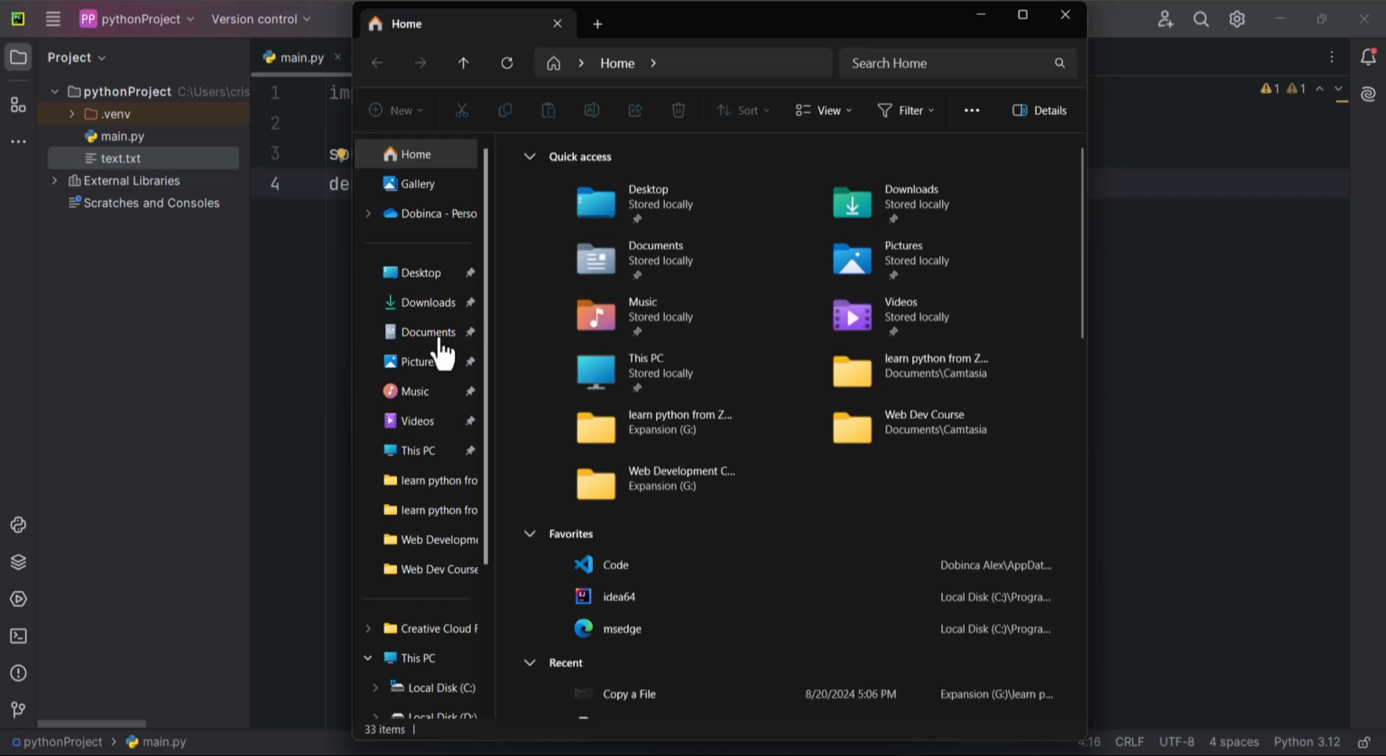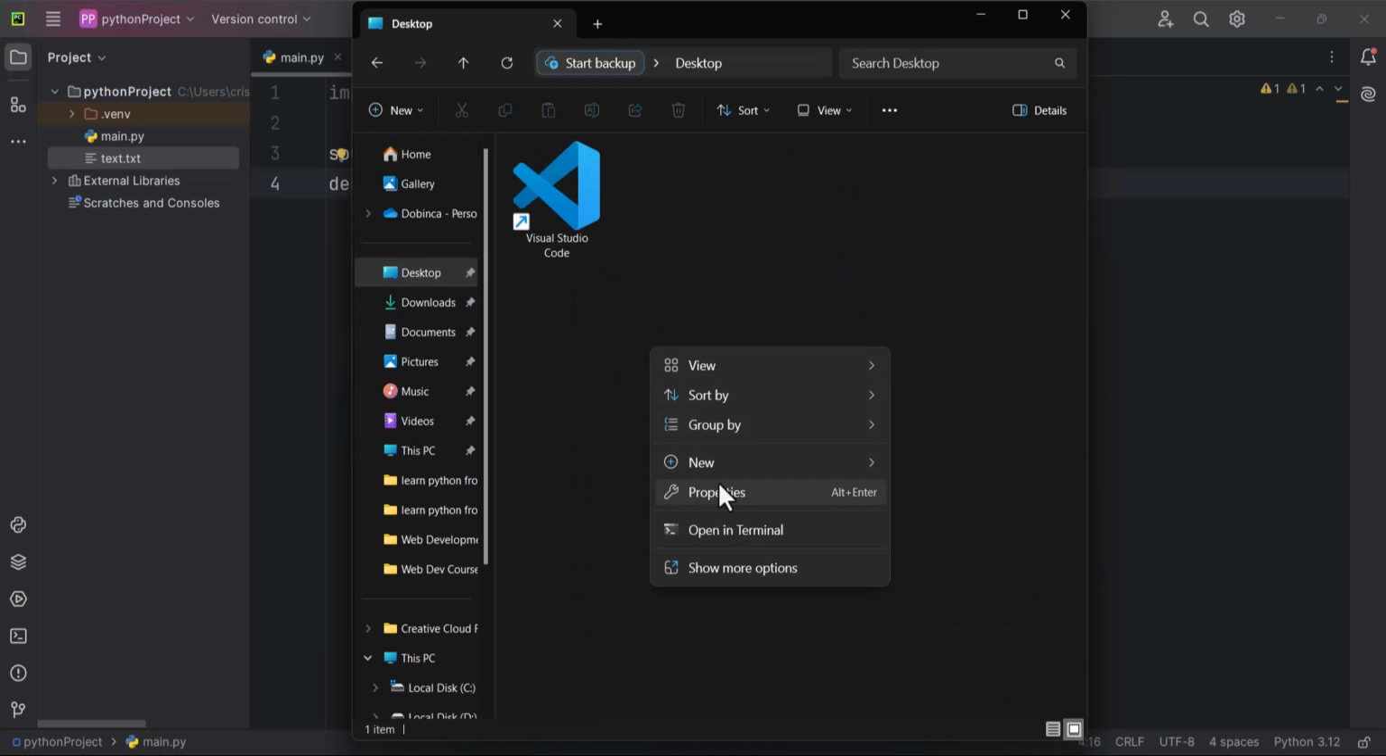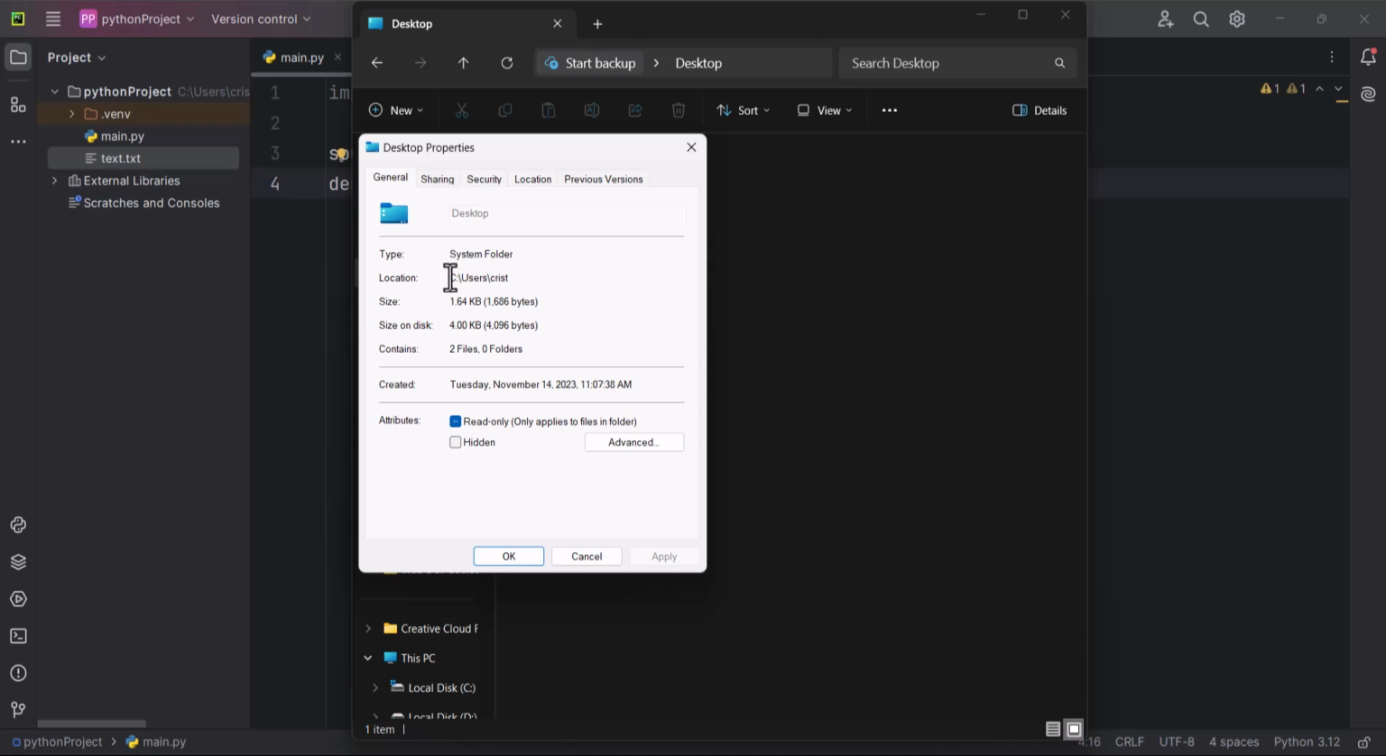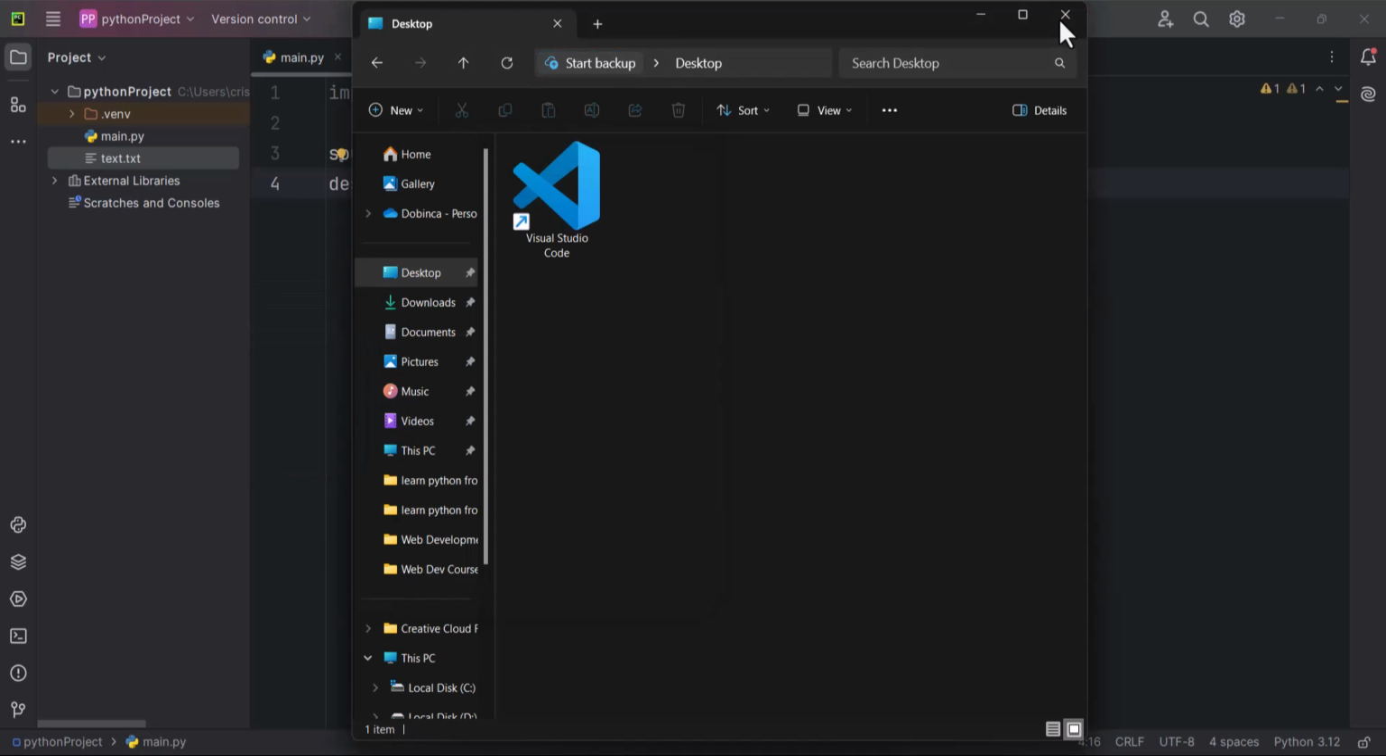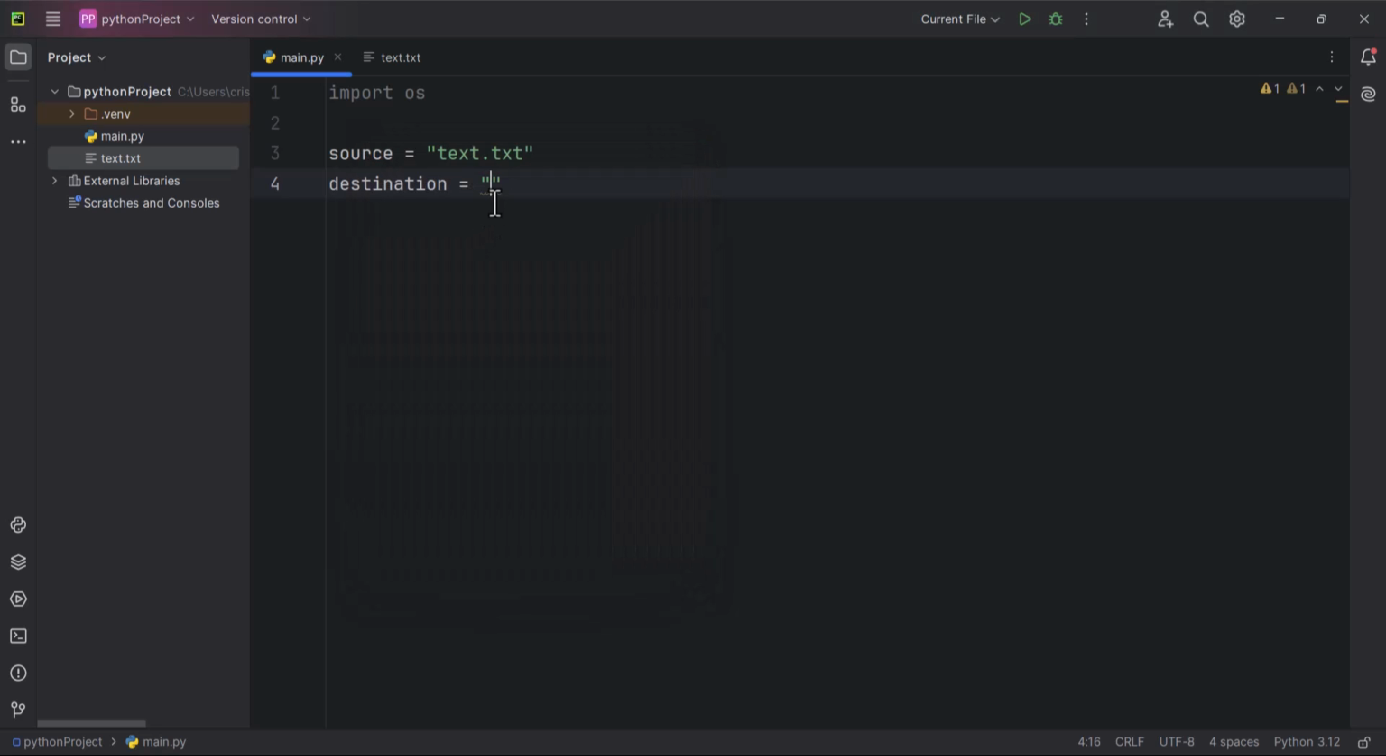I'm gonna put it on desktop, properties. I'm gonna copy this, backslash, 2 backslashes also here, and I'll type desktop backslash text.txt. Now I'm gonna go down here and I'm gonna surround with try and catch, because this can throw an